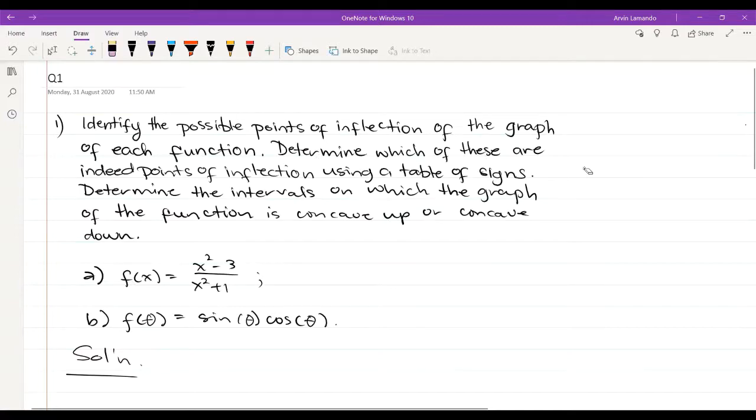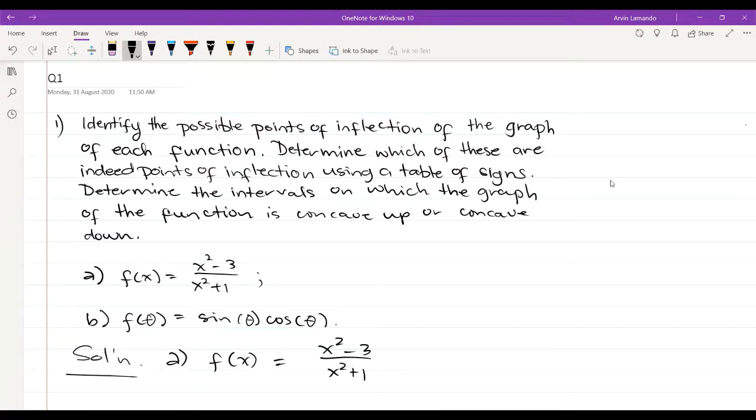So let us determine which of these are indeed points of inflection using a table of signs. And we should also determine the intervals on which the graph of the function is concave up or concave down. So for function a, f of x is equal to x squared minus 3 all over x squared plus 1,